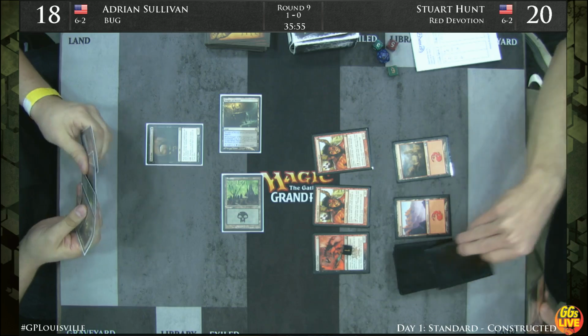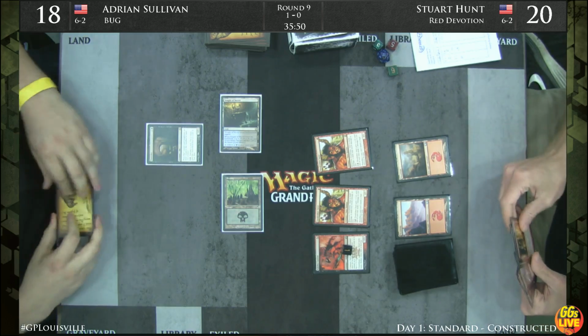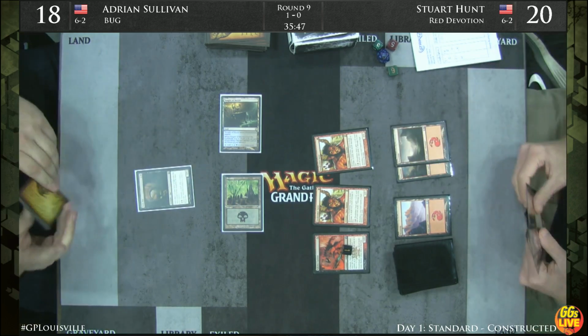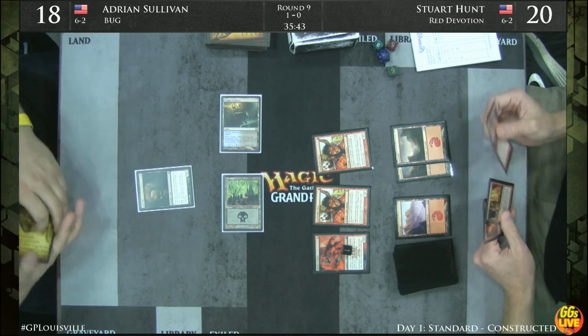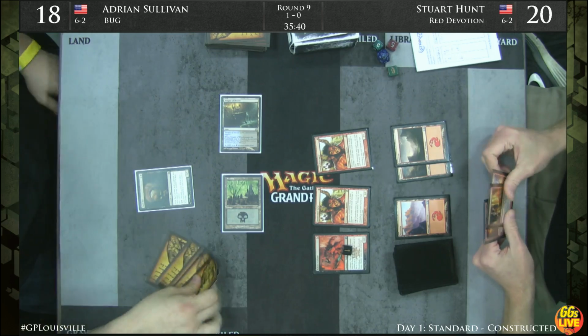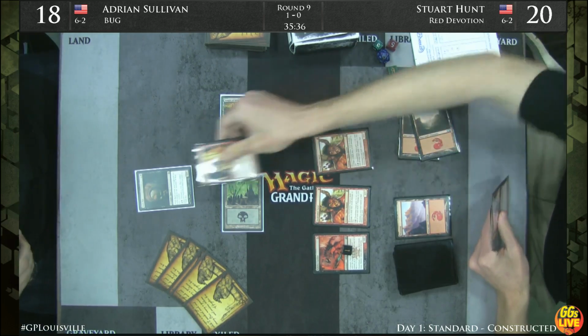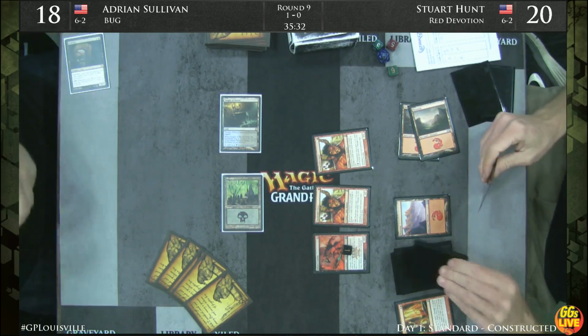Curious, would Adrian just trade off his Pack Rat here if given the opportunity? I'm sure he would, happily. You see it jumping around. So let's see if his opponent, Stuart Hunt, wants to pre-combat. It looks like he's got 2 options. He has a Magma Jet, which I think he's going to fire off here. Yeah, he does. Magma Jet your Pack Rat, scry 2, keep the...